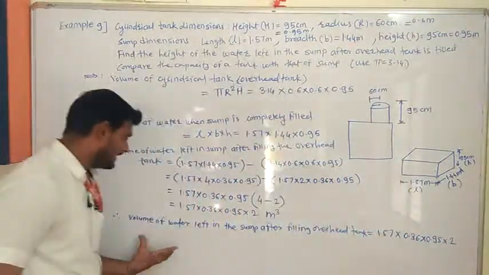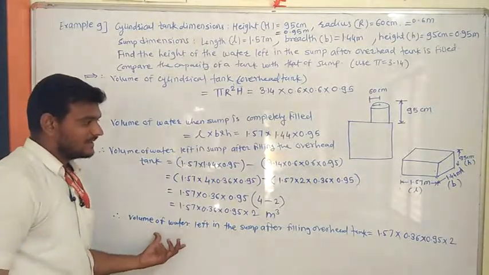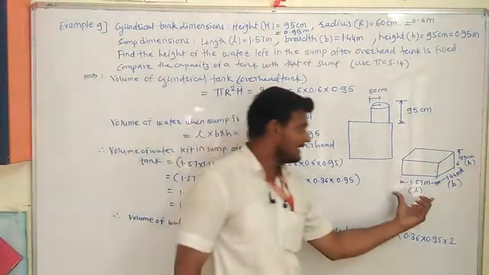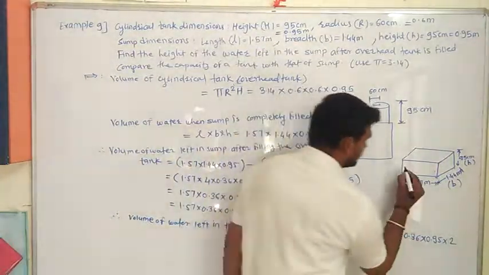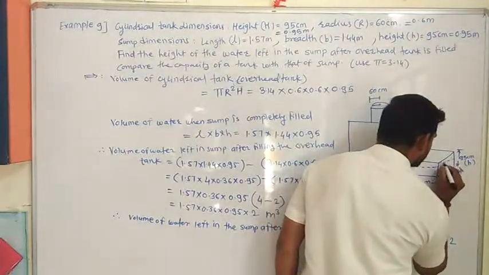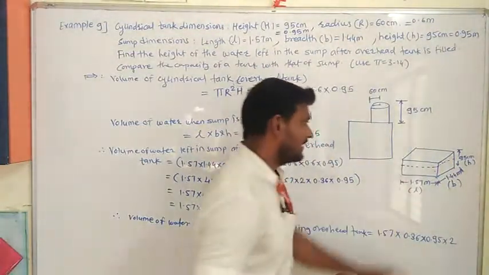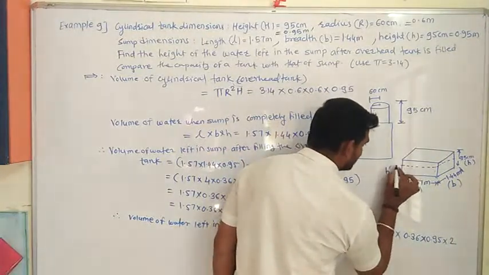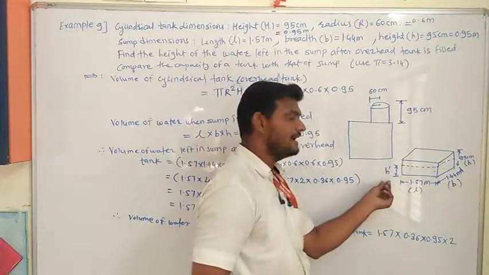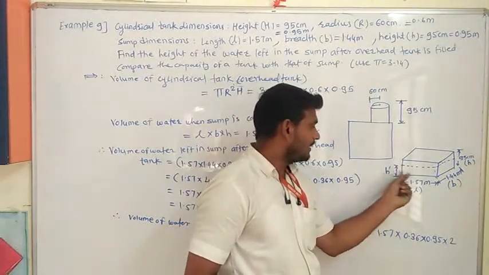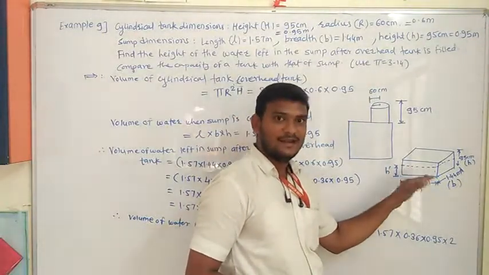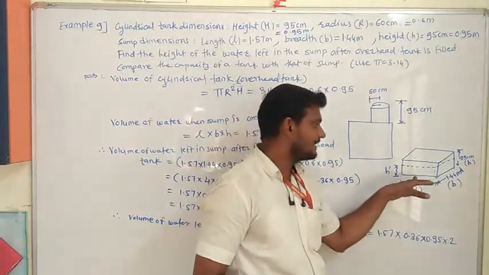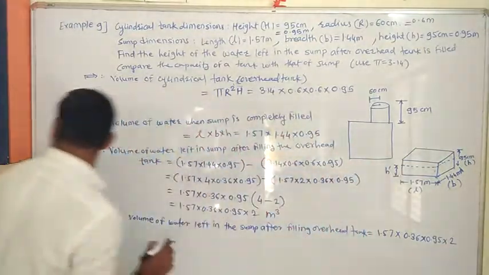Now see here, this can also be written as L B into H. We will consider the volume of water left in the sump to have the same length and breadth, because suppose up to this much height is remaining. That height we will assume as H dash. H dash is the height of the water remaining in the sump. We will assume it. Let us assume